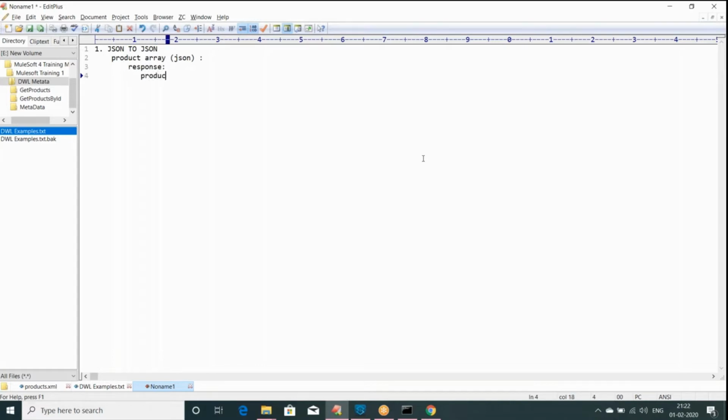Product ID will be one element, then we'll take only the product name, then the price, or we'll say cost. Instead of the manufacturing details, which is a separate object, we'll take only some elements like the company location and the company name. Instead of taking all, we'll take only very specific ones and create a single object for one product. If it's an array, there will be an array of products. So first we will do JSON to JSON, and then we will move on to JSON to